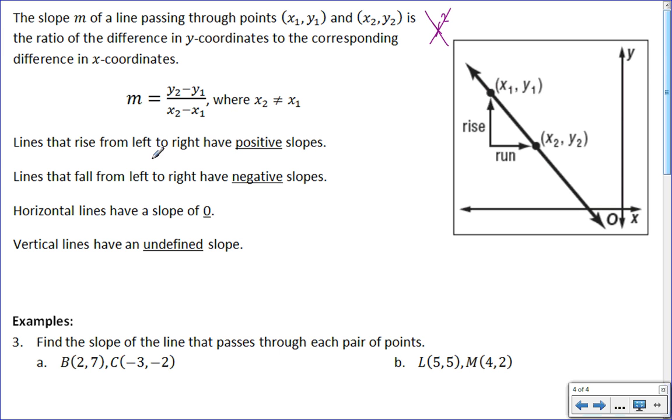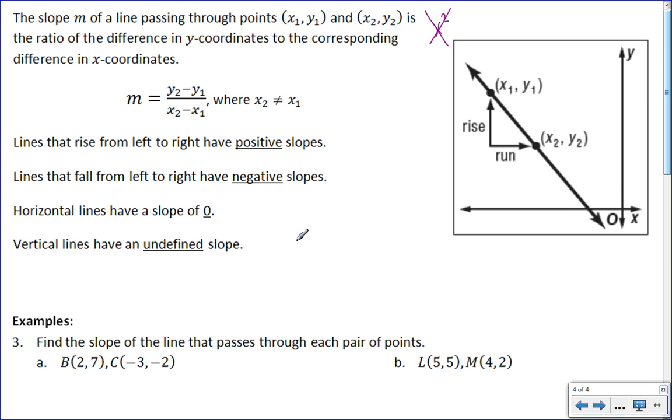Alright, lines that rise from left to right have positive slopes. Lines that fall from left to right have negative slopes. So for example, this one drawn on this graph has a negative slope because from left to right, the graph goes down. Horizontal lines have a slope of 0, and vertical lines have an undefined slope. Okay, so these two, students tend to get very confused. The best explanation I can think of